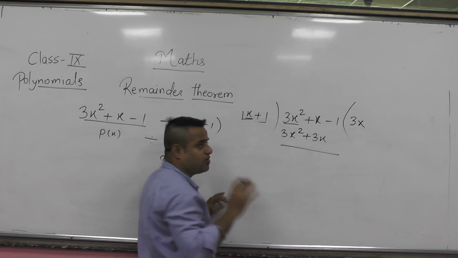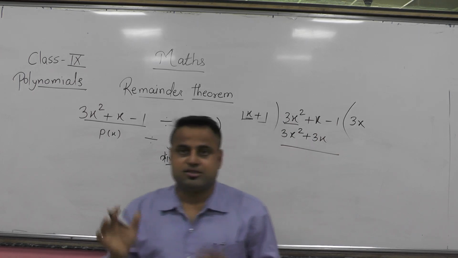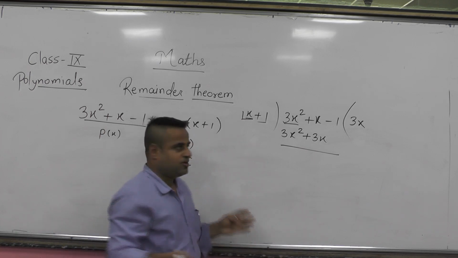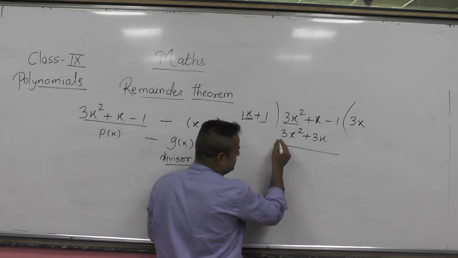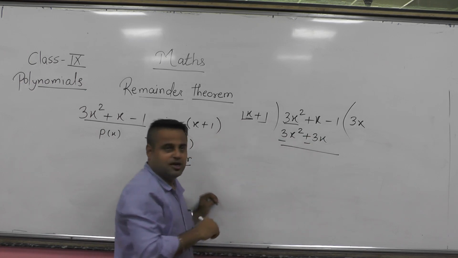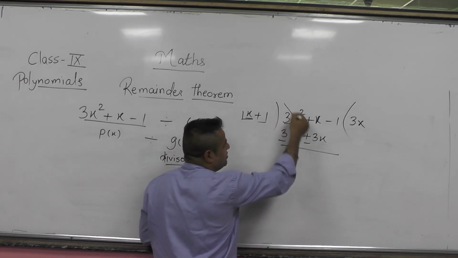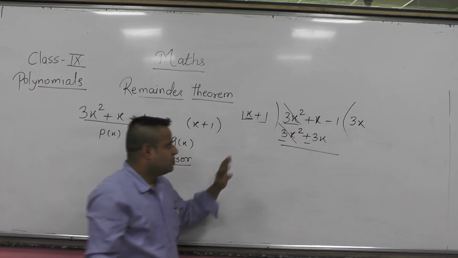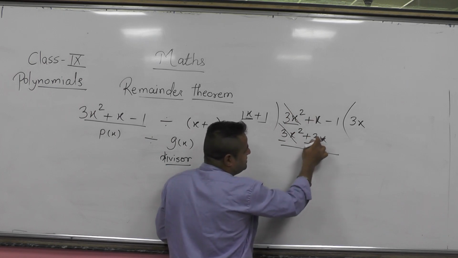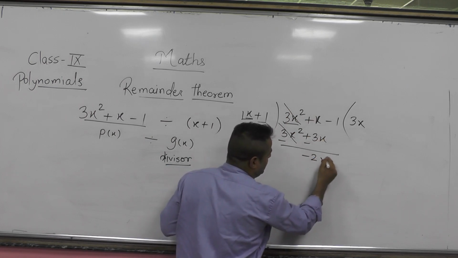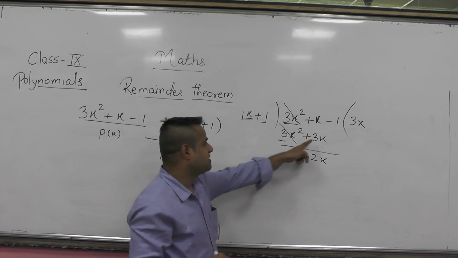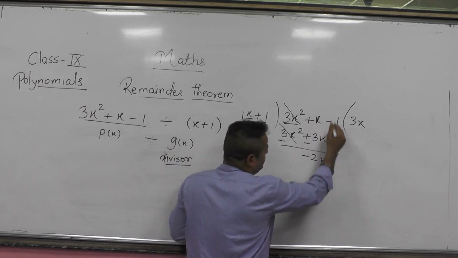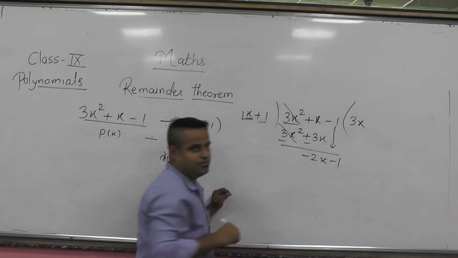Now we subtract it. Now remember, when we subtract something from the term, the signs will get changed. Okay, so the signs of both the terms below will get changed. Now these first two terms will get cancelled because 3x square minus 3x square will result 0. So we can cancel them. Now x minus 3x will give us minus 2x. Okay, because the larger term is negative, that's why the minus sign will come. Now then this another term minus 1 will come down.